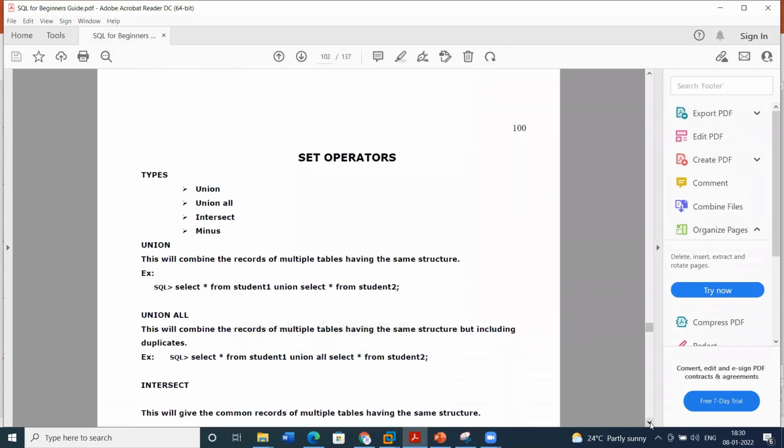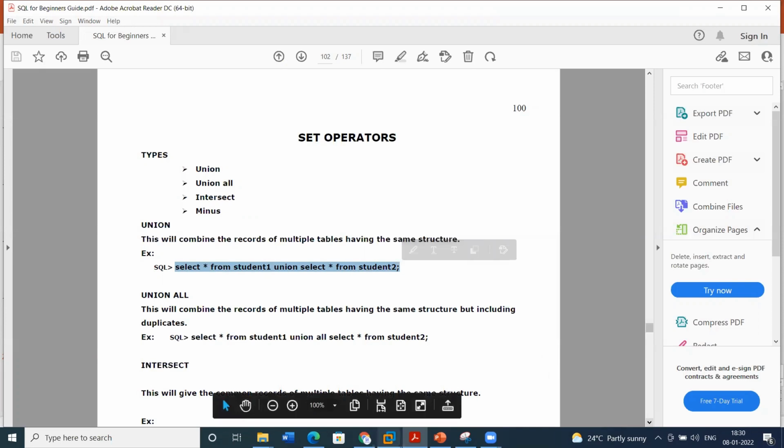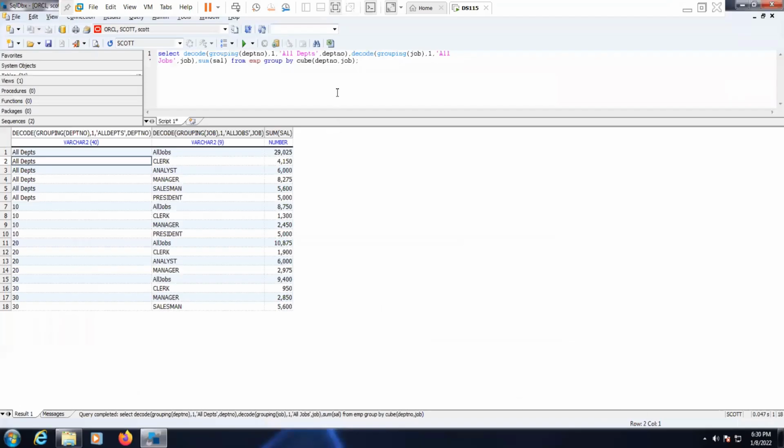Now let's move on to the set operators. Set operators are basically used for mathematical operations. We may have studied it in 8th or 9th class in our school days. Here union combines all the records and eliminates the duplicates. Union all will allow the duplicated values. The table layout should be the same from table 1 and table 2; the metadata should be the same. Then only we can select the data here. So here duplicates will be restricted.